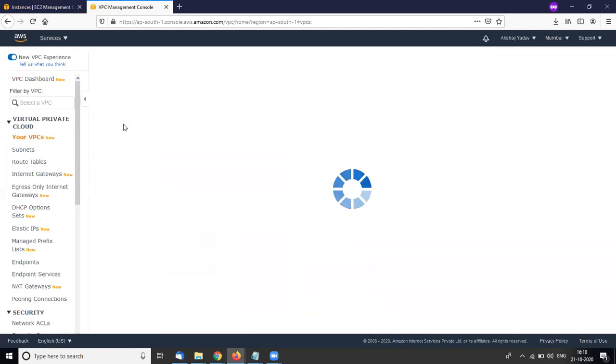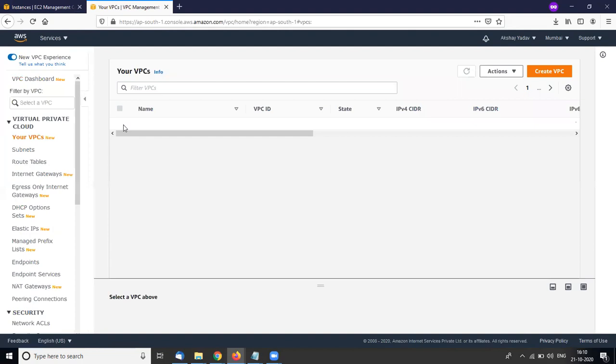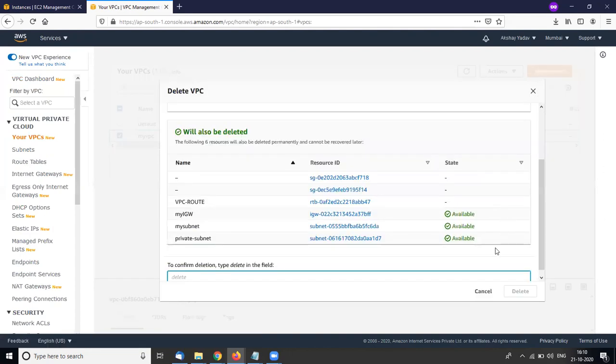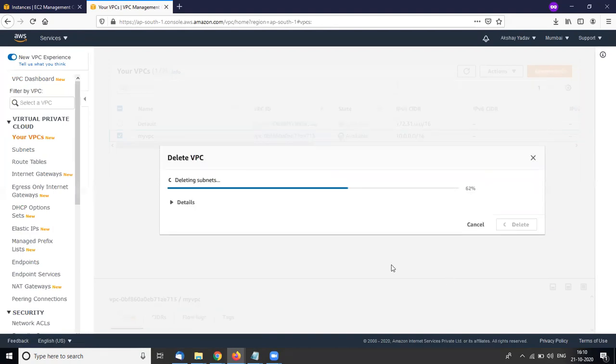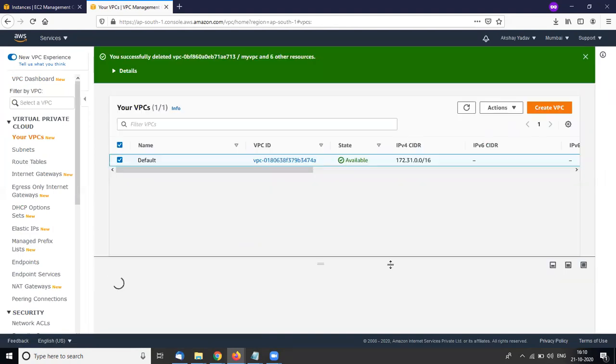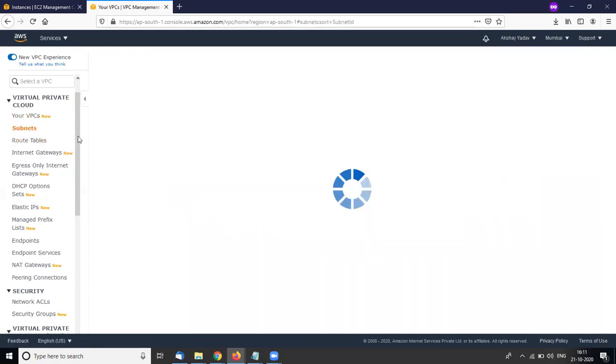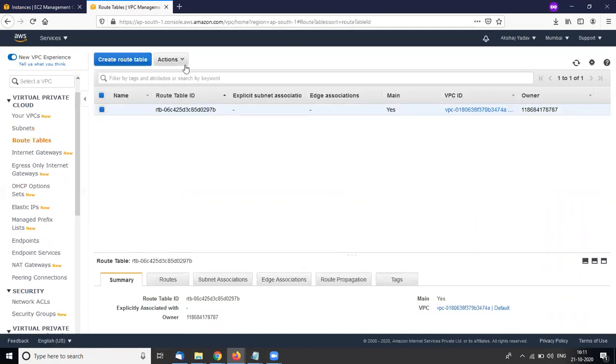I already created a VPC earlier, but I deleted everything and am starting from zero. As I said, there is one default VPC in it. So I'm deleting my routing table.